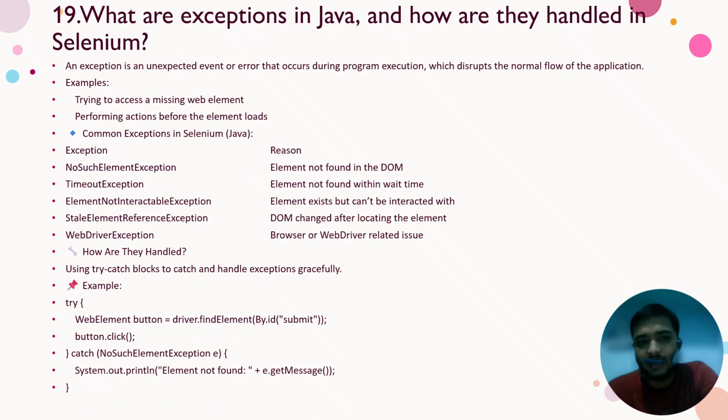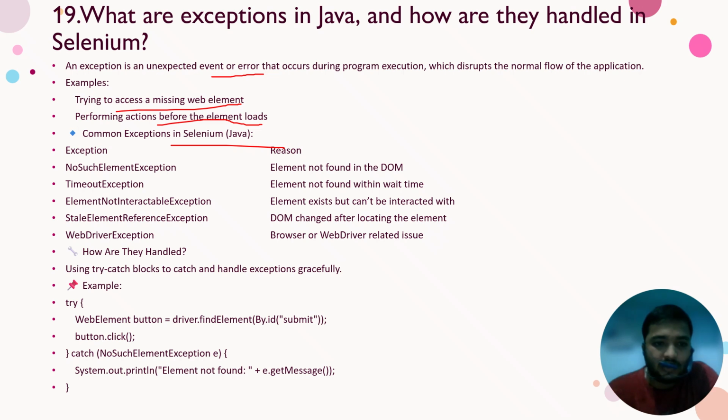What are exceptions in Java, and how are they handled in Selenium? An exception is an unexpected event or error that occurs during program execution, which disrupts the normal flow of the application. For example, trying to access a missing web element, or performing an action before the element is ready. The common exceptions in the Java class, with their exception and reason: